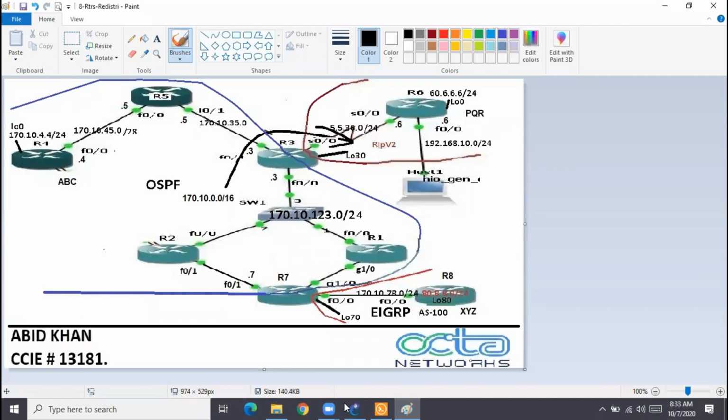Yes, R3 and R7. Because R3 is also doing redistribution, RIP into OSPF. So any router which does redistribution in OSPF is called as what? ASBR.